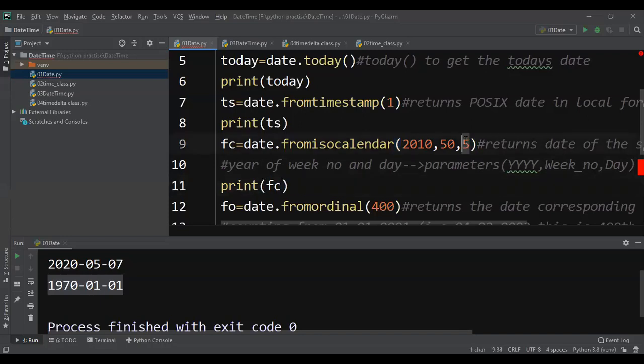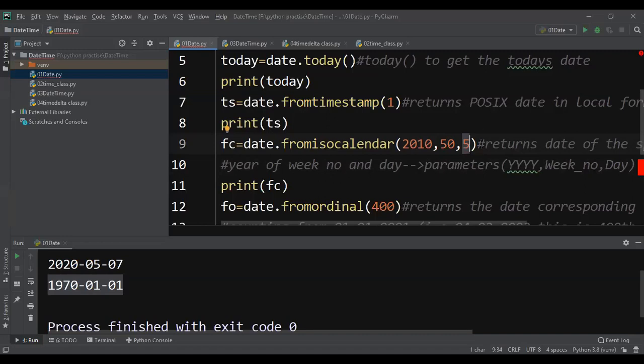Which year you want, what is the week number, and what is the day number you want. What is the date on that particular day? I want to find out.